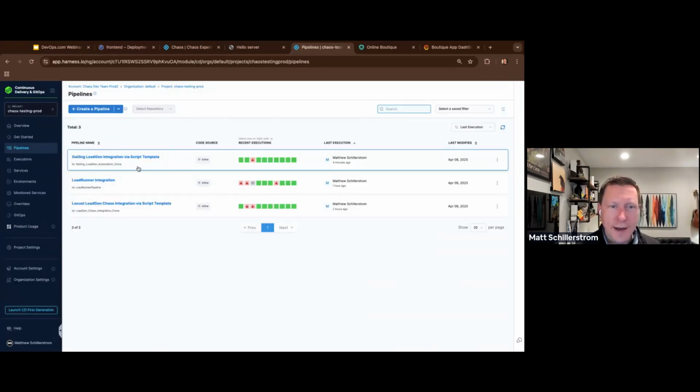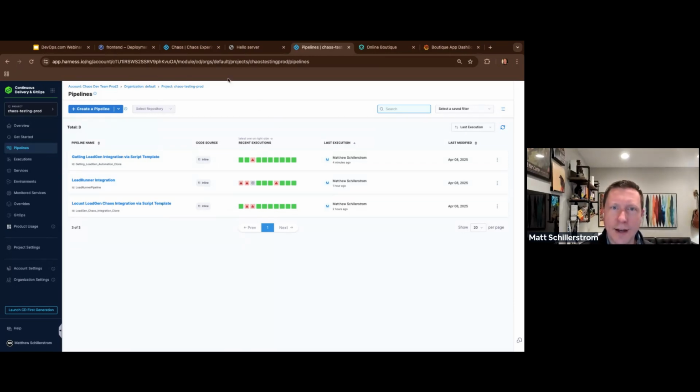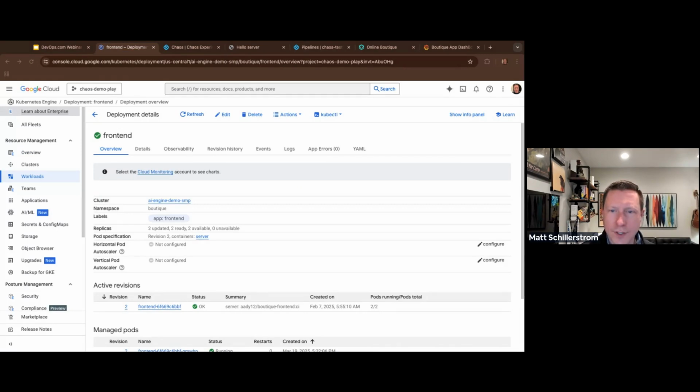And if I go back, I have some other tests that I could run for LoadRunner or Locust or JMeter, BlazeMeter, what have you. But in this case, I just did the Gatling for that. And then some other parts of the demo that I'm going to do. I'm just going to do a quick check to see if anybody asks some questions.